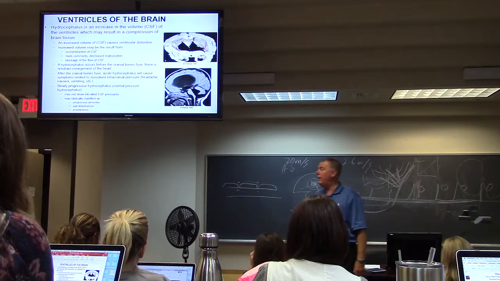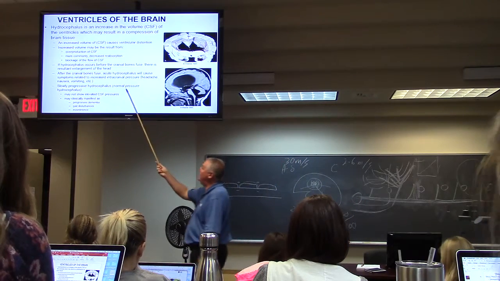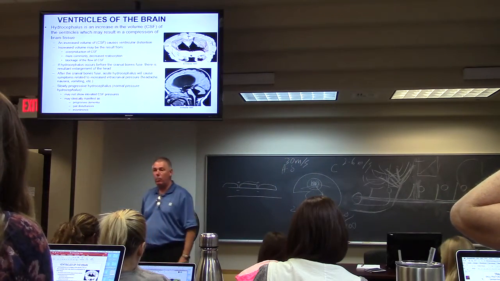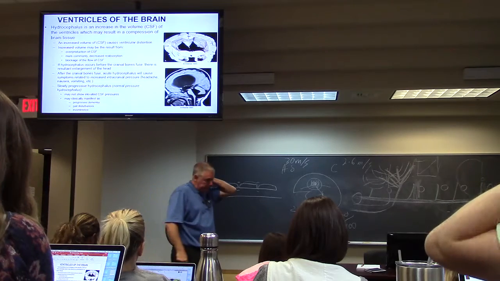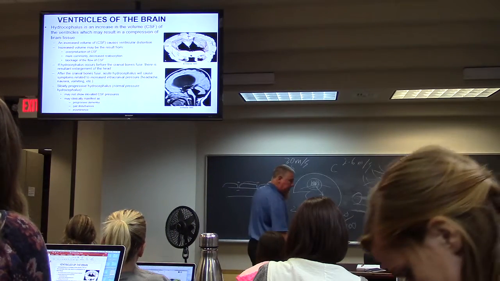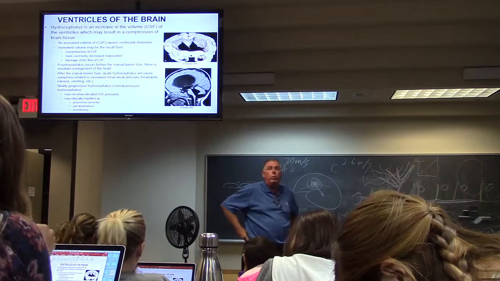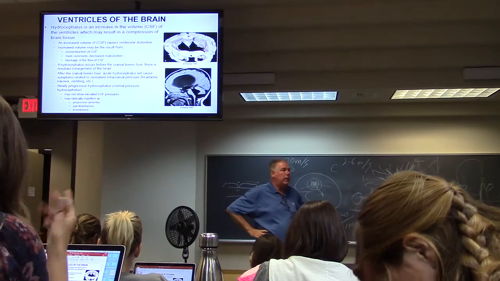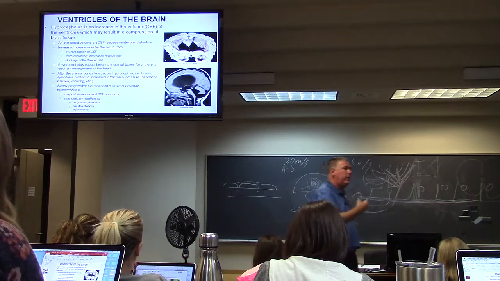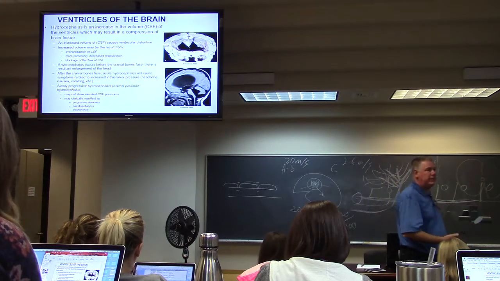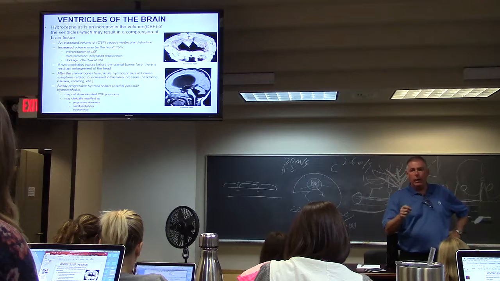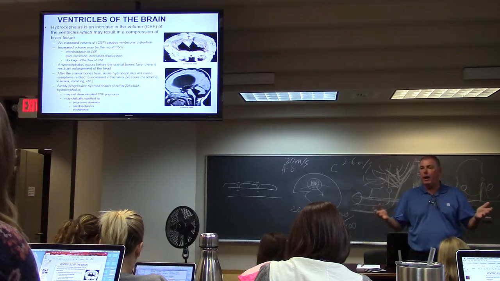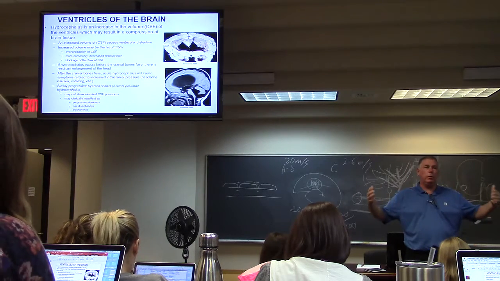There's another type of hydrocephalus here. It's called normal pressure hydrocephalus. It's kind of a misnomer. It happens most often in the older, geriatric population, and you have a decrease in the reabsorption of CSF. So very slowly, over an extended period of time, your ventricles get larger, larger, larger.